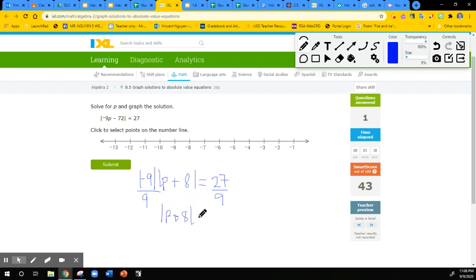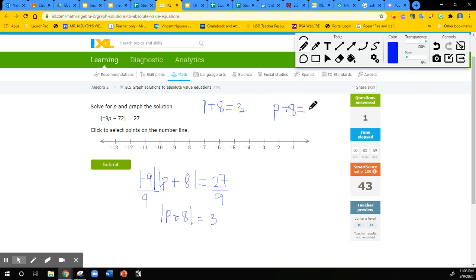So when the absolute value is by itself, that's when you can start splitting into two cases, right? So 27 divided by 9 is 3. So now I'm going to have my two cases. P plus 8 equals 3, which is the positive case. And then P plus 8